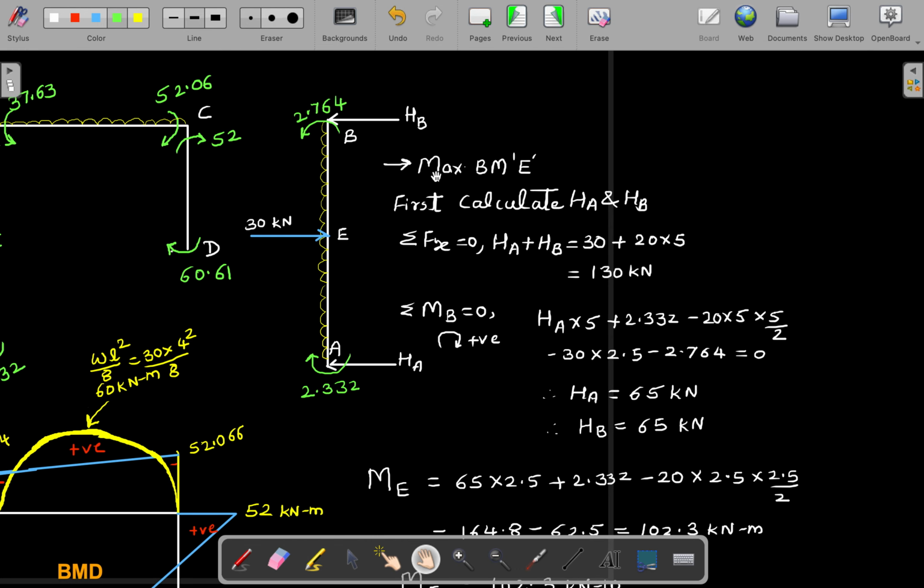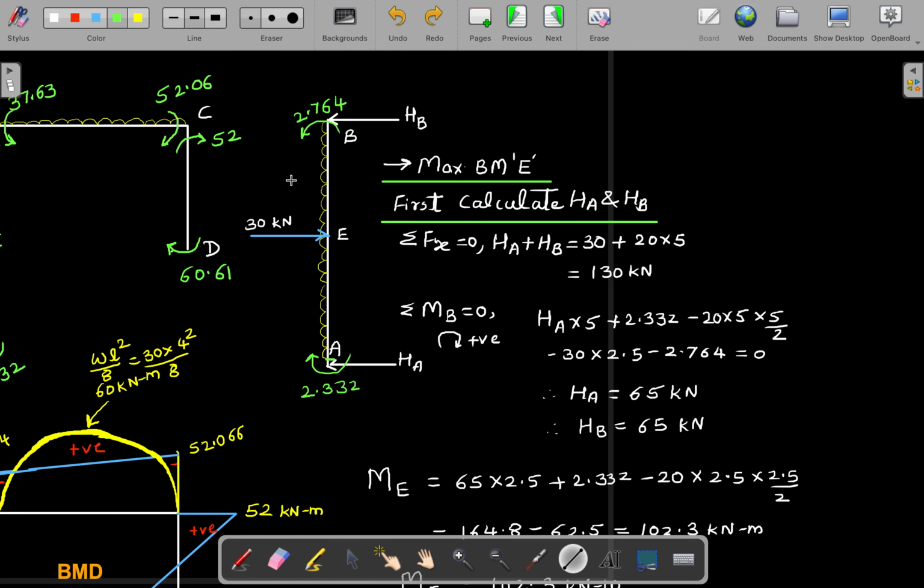Now we have to calculate the maximum bending moment at E, but before that we need to find the horizontal reactions. Because this member is vertical, these reactions will be horizontal. So let us calculate HA and HB with the standard procedures. Summation of forces in the x direction gives HA plus HB is equal to 130 kilonewton,